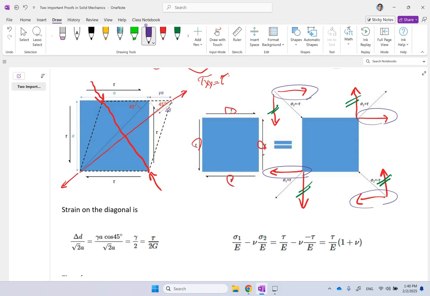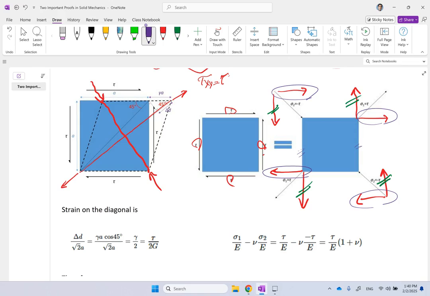Right? Or if you want to bring them on the surfaces, correct? You can do a similar thing as well here. So here, if you go on these two surfaces and look at it,